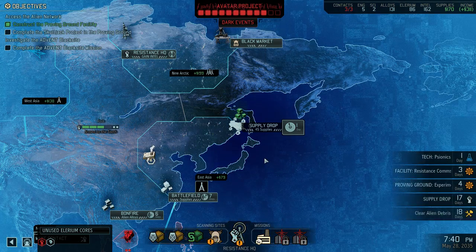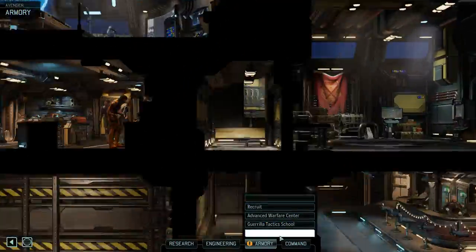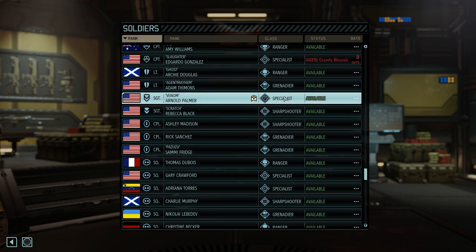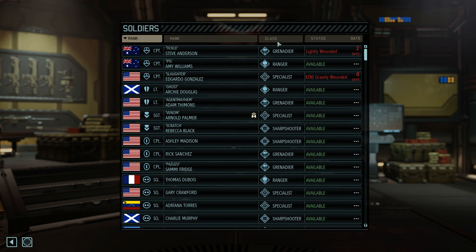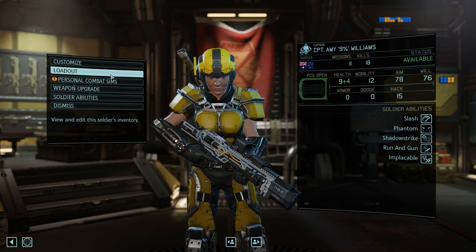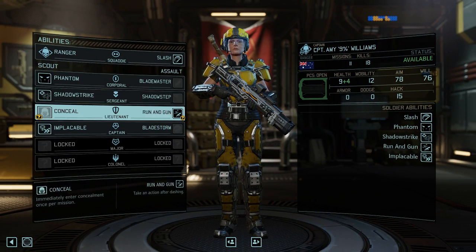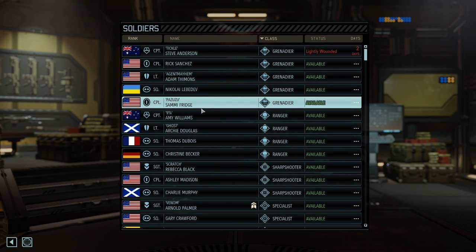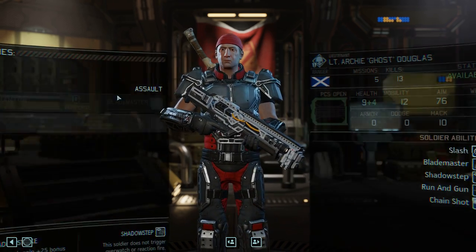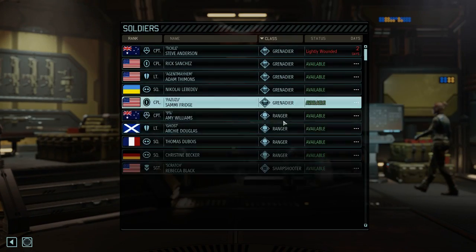Okay. Oh, you know what? That is something that we were going to do, is go to that tactics school. So first of all, let's look at the soldiers that we have, because we can still train one more rookie. Actually, no, we're out of rookies, so I can't train anybody anymore. There was a ranger that I wanted to spec out. Was it Amy Williams? No, Amy Williams has like the perfect build. I knew what I was doing with her. I think it's probably Archie. I know we just looked at him, but I want to, yeah. Blade Master is nowhere near as good. So let's respec Archie. I can actually do that